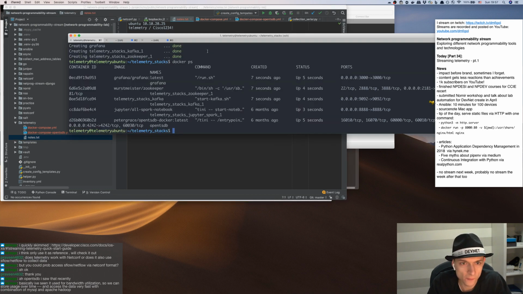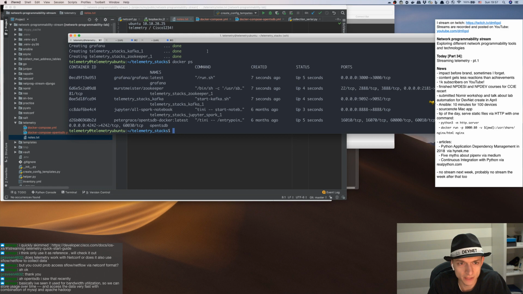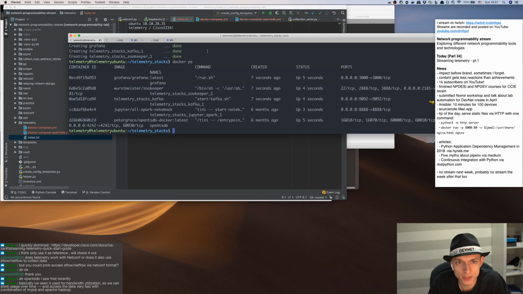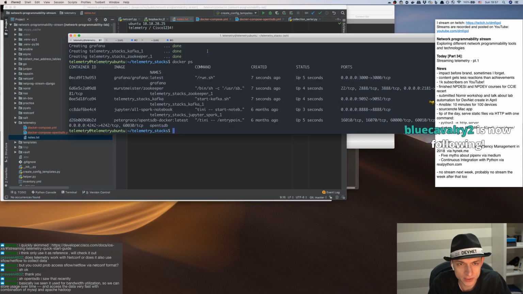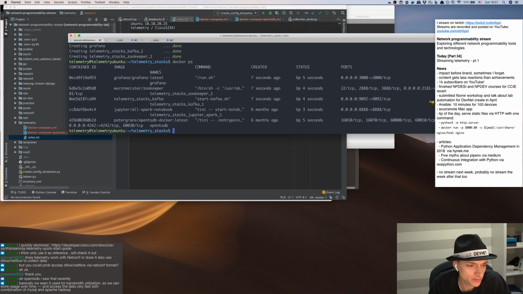So we have Grafana, port 3000 TCP. We have Zookeeper, which exposes TCP 2181. We have the Jupyter, which exposes port 8888 TCP, and Kafka which exposes the port